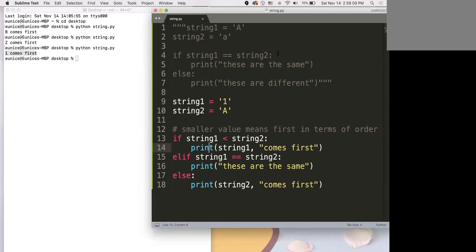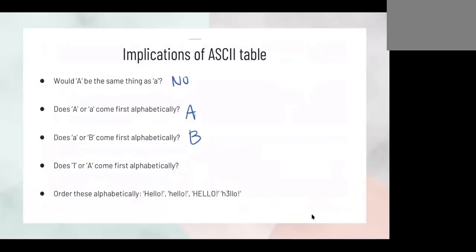table. So going back to what we have before, in terms of what comes first, 1 or A, hopefully you guys all said that it was 1, or you all thought that it was 1 just by looking at our Ascii table and not even having to use Python. So if we were to order these alphabetically,